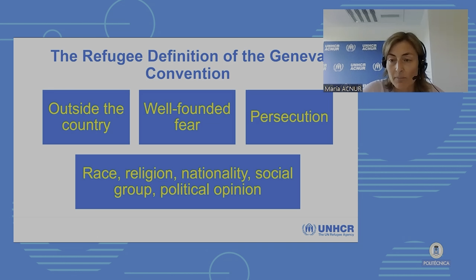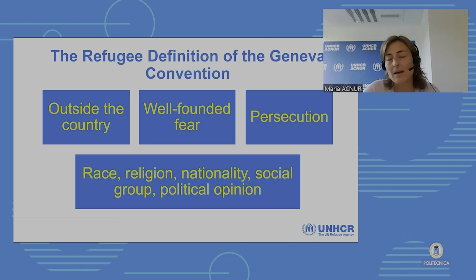It's not only fear. I mean, fear is a subjective element. It's something that anybody can have, fear of many things, which are rational or not rational things that we fear. So in the case of a person to be considered a refugee, the fear of being at risk of being persecuted has to be well-founded. We say that there has to be a reasonable risk, a real risk, good reasons or grounds. There needs to be a valid basis of that fear.